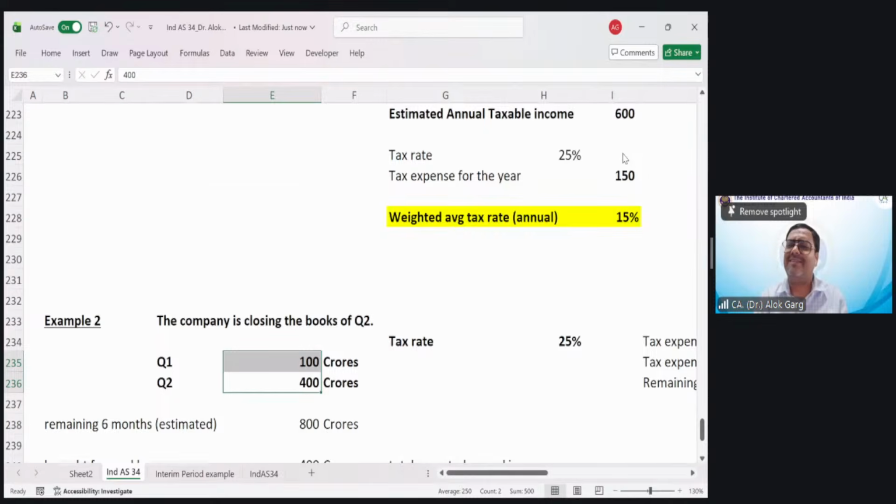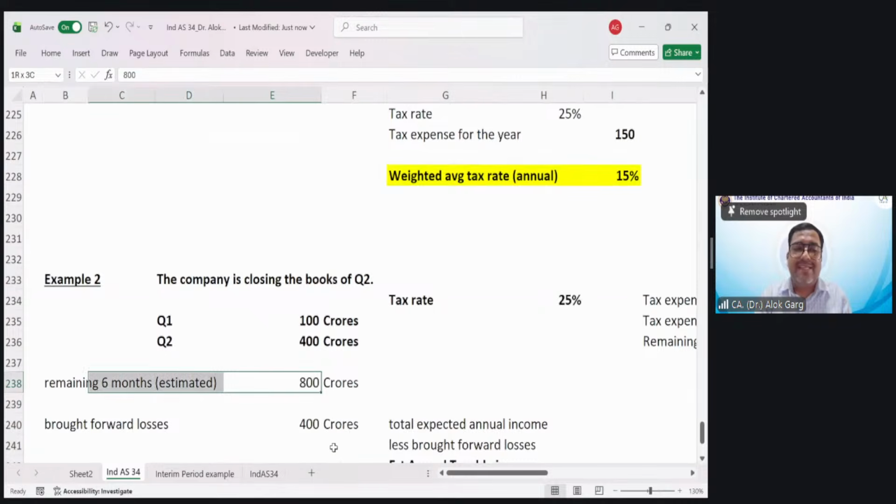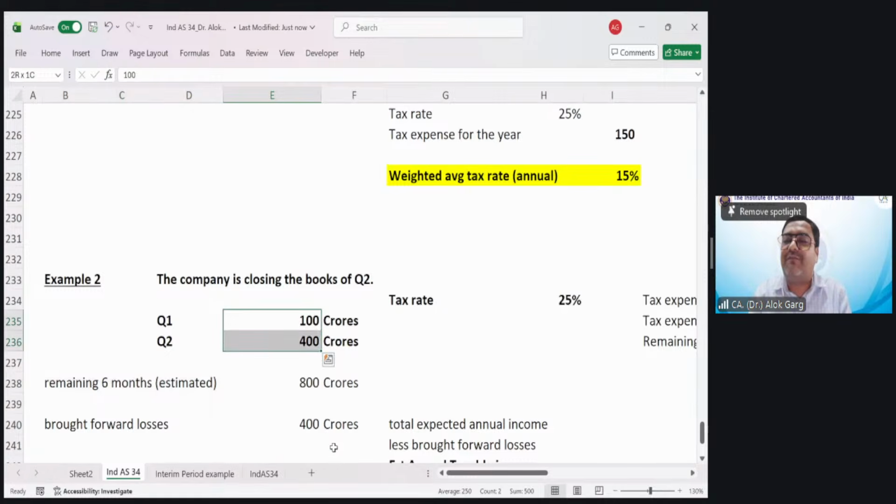Yes, you can pass it as a tax expense to provision for tax. Yes, you can write that also, right? So, my remaining 6-month estimated profit is now 800 crores. So Manoj, if you need to compute advanced tax, when you are coming, you have already crossed Q2. How will you compute advanced tax? You will consider 500 crore of actual profit and estimated profit of the next half year. Okay. This is how you compute advanced tax also.